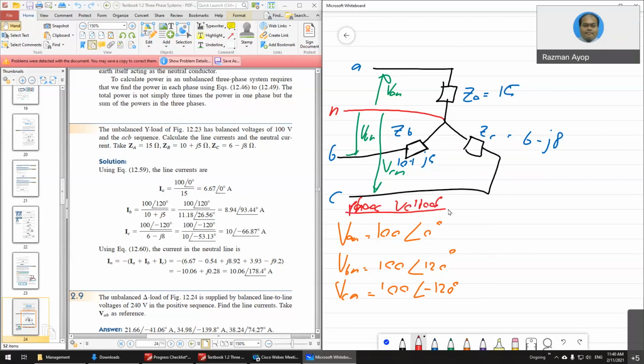Remember that I said if you already have the phase voltage, automatically you can calculate the phase current. Okay, how to calculate phase current? Of course, using Ohm's law. IA is equal to,